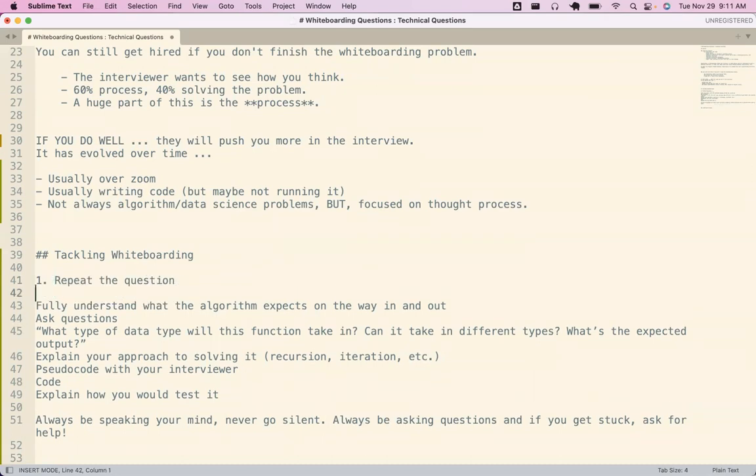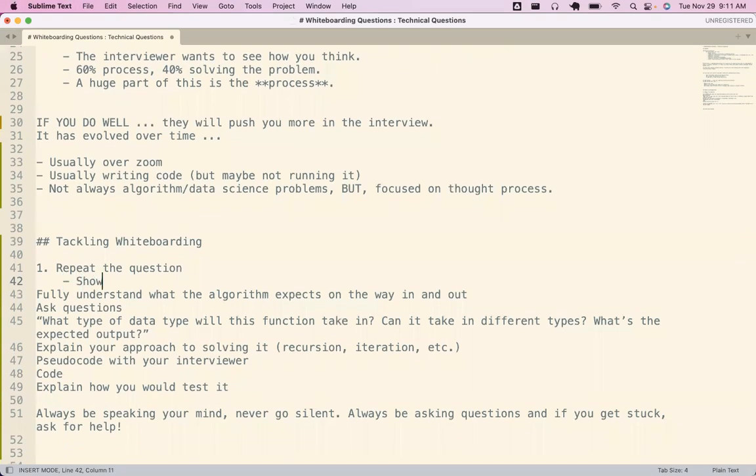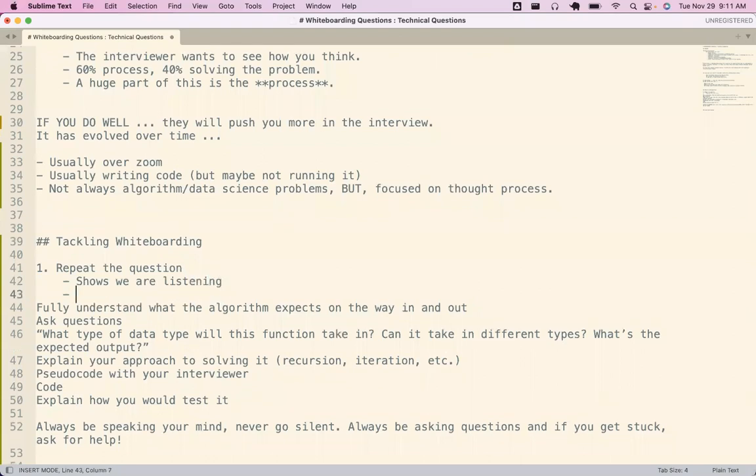So repeating the question, why do we want to repeat the question? I'm not asking rhetorically. I would love a couple thoughts, and then I'll share a couple thoughts. It shows that we were listening and that we understood the question. It helps us better understand it ourselves, out loud.